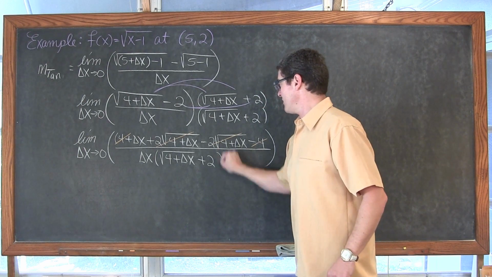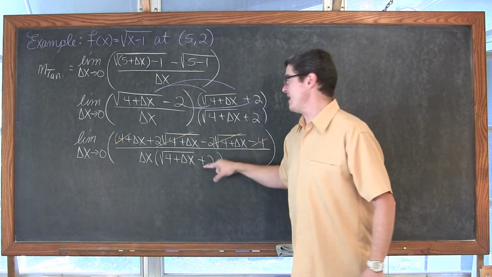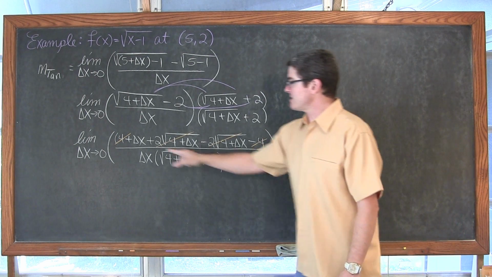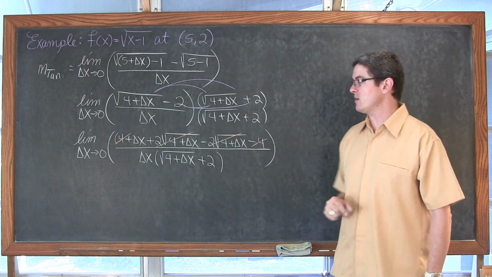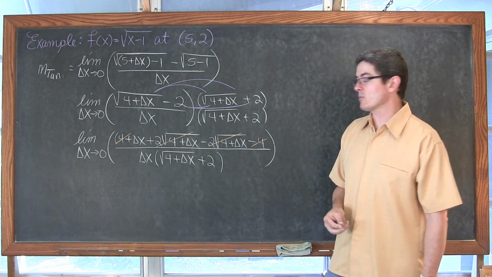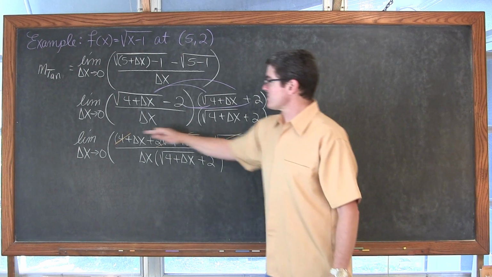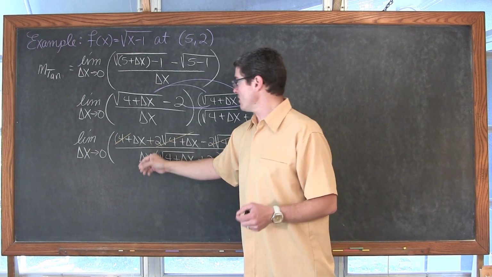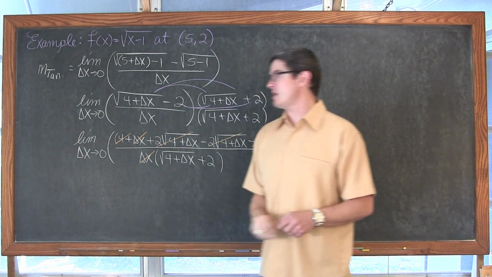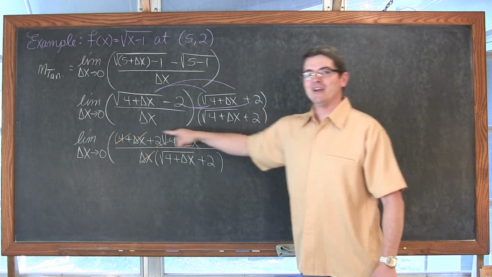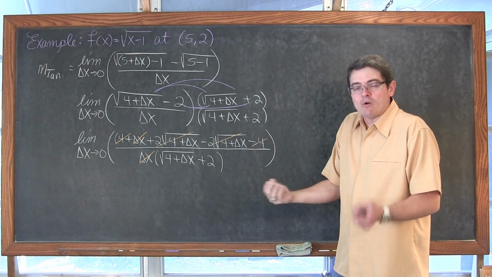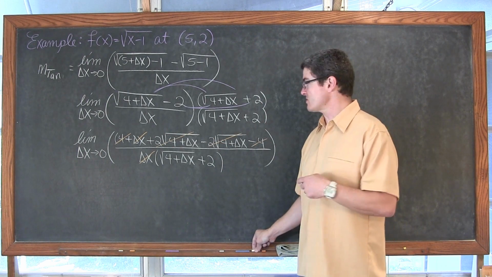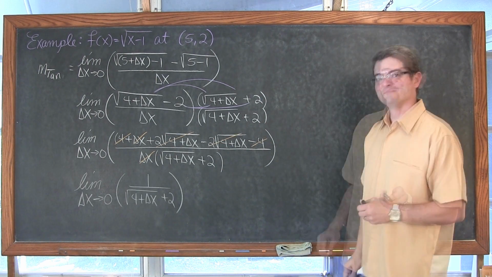And I have left my denominator in factored form, if you will. I haven't distributed the delta x because the whole goal is to get that delta x to cancel out so I can plug in the value of 0 and get this limit with direct substitution. Well, if all of this cancels out, I'm just left with delta x, and that one sole remaining term can be divided with itself in the denominator. And remember, this numerator is, we're not adding and getting 0, we're dividing and getting the answer of 1 now. So our numerator is still going to be 1, it doesn't just disappear. Let's get that up here.